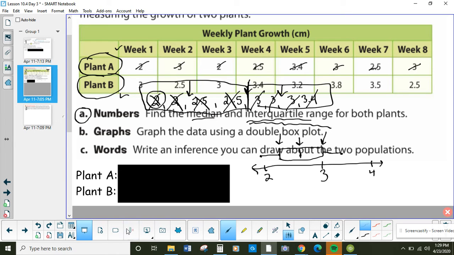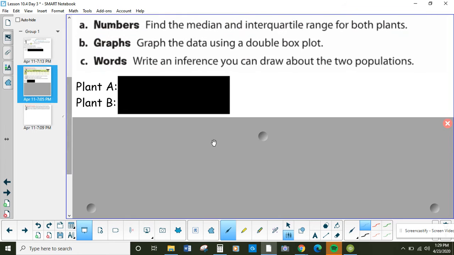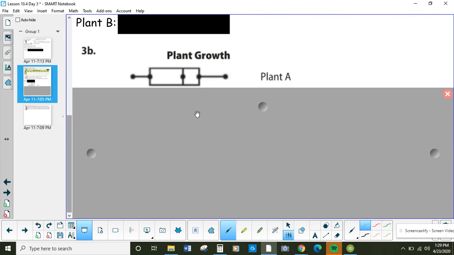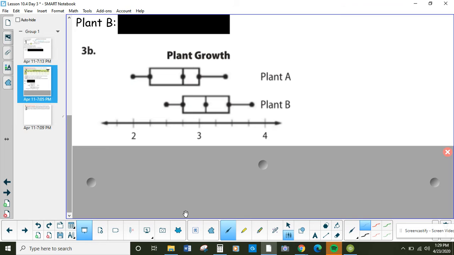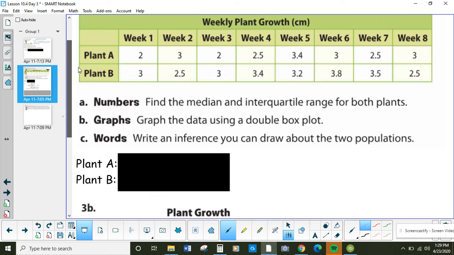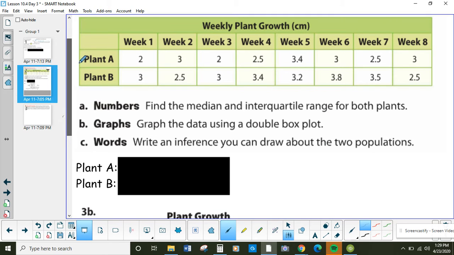So if we did that for both of these, it would look something like this. Okay, here's our box and whisker plots. This is the one I just made a second ago, and I'll save you all the torture of doing it all again for this box and whisker and just show it to you. And now we can answer these questions, now that you see where those box and whisker plots come from. So if they say find the median and interquartile range for both plants, plant A and plant B,